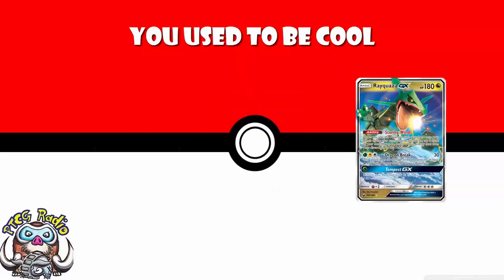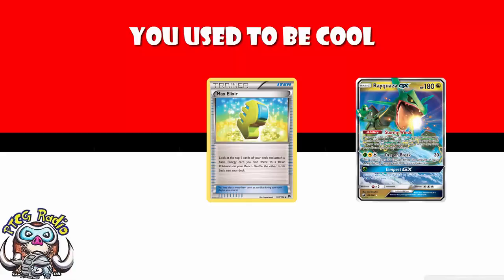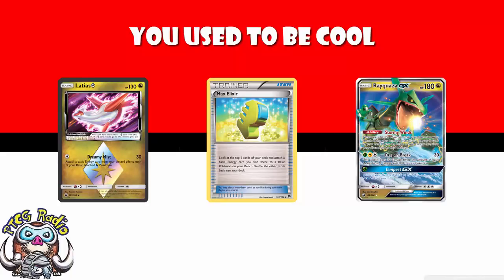Now, I'm not putting this down as a big loss, but this will go down as one of the very, very best cards from Celestial Storm. It had a great run at Worlds using cards like Max Elixir and its own ability that accelerated an energy to it, as well as discarding the top 3 cards of your deck. The main hook, of course, was free energy, 30 damage for each basic grass and lightning energy attached to all of your Pokemon. And at first it was things like maybe Latias and Max Elixir and the ability, and then